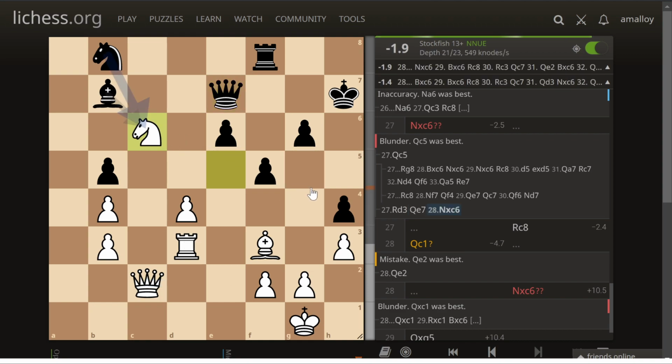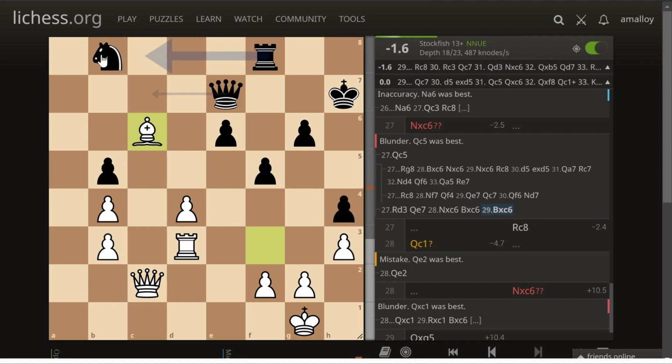Why is this bad? Okay, takes. I see. Right. The queen is not so stable a defender of this square, which is something that ended up happening eventually in the game, but...